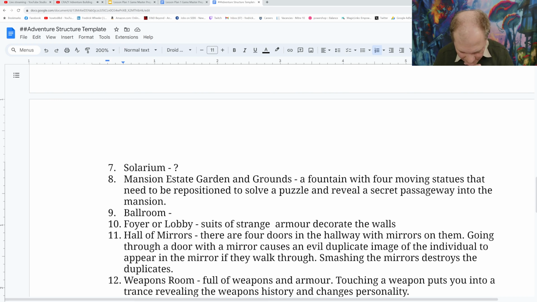A vault hidden underneath Tib's bed. Okay. We can do that. We'll put a vault there. So okay. All right. So master bedroom. Foyer or. So let's go with lobby. Lobby? No, lobby feels like a big place. Let's go with foyer. Suits of strange, differently shaped armor decorate the walls. Okay, so